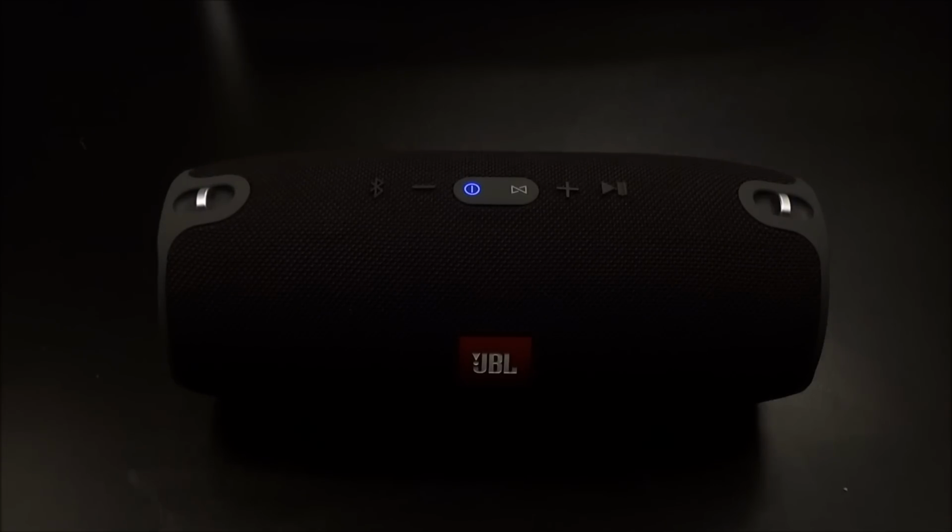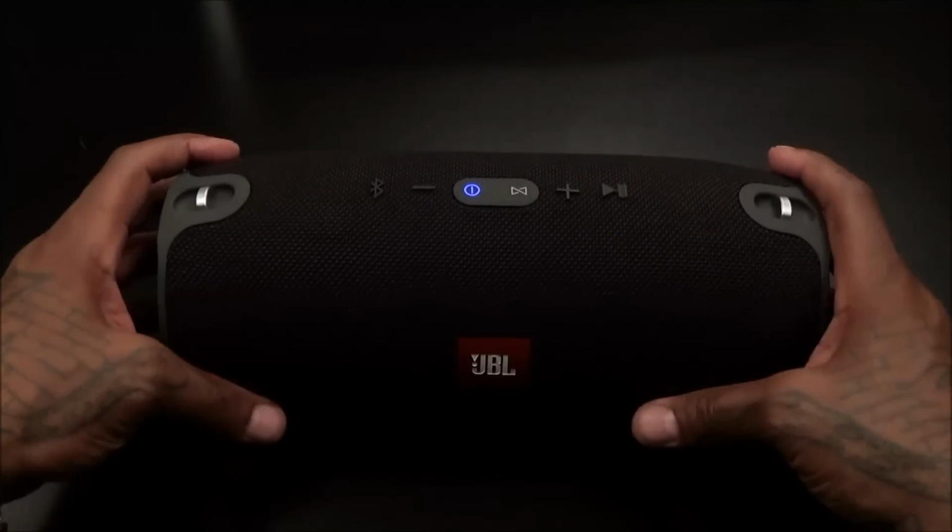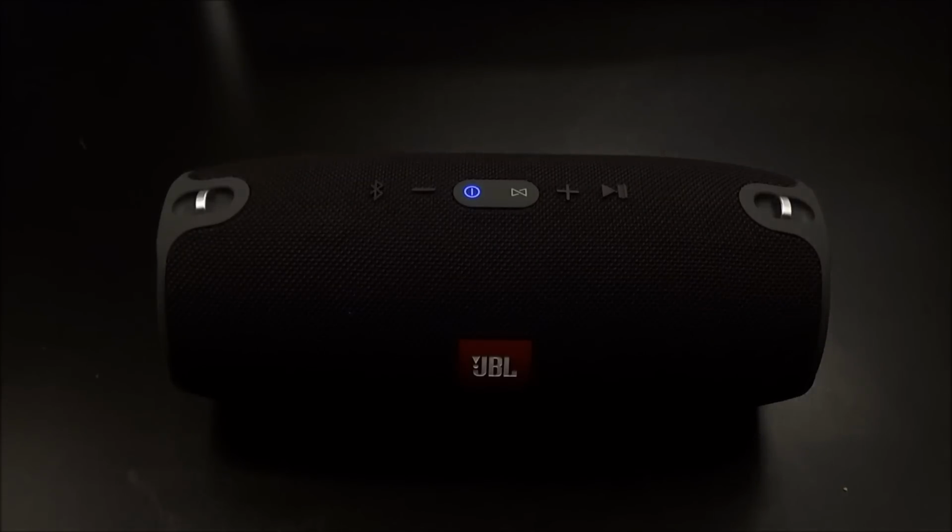All right, now, I don't know if y'all remember when I did the Denon speaker, that one sounded great. But a lot of times you have that synthesized bass. If you know what I mean by that, it's like it's shaking so much, trying to give you that image of bass where it's shaking and everything is just going crazy, but it doesn't sound like real bass. This one actually sounds like real bass. Sounds great. So like I said, on a scale of 1 to 10, I'm giving this a complete certified 100%